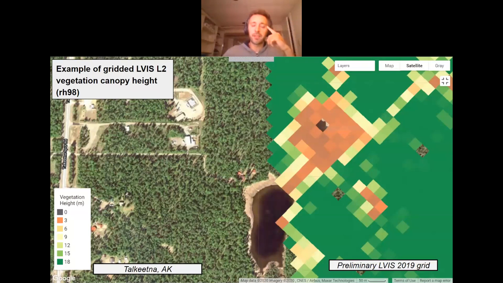And this is just an example of what this data looks like. On the right, you can see just a color version of one of the RH metrics, the RH98, gridded at 30 meters resolution, and snapped to the ABoVE grid. So again, this Elvis LiDAR data is not small footprint LiDAR, so you're not getting the type of tree level point clouds. You're getting a coarser gridded level estimate of very detailed vertical canopy structure